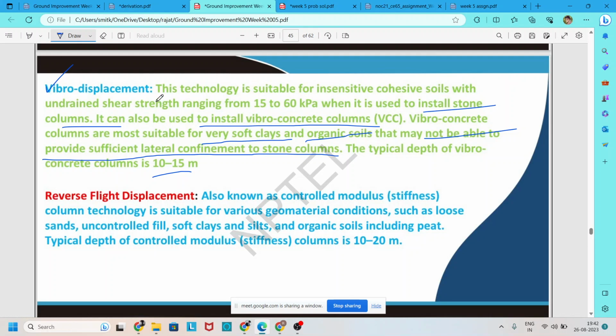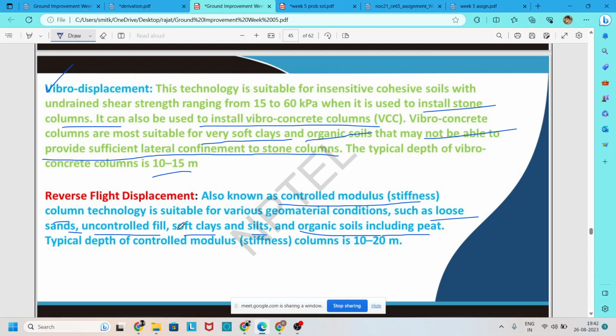By this technique, we create a controlled modulus column, also known as the controlled modulus stiffness column. This method is mostly suitable for loose sand, uncontrolled fill, soft clay, and silty organic soil, including peat,